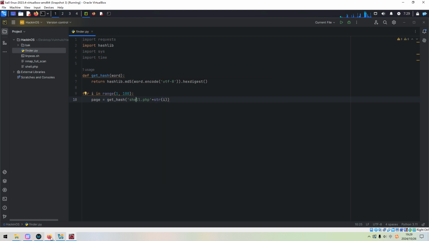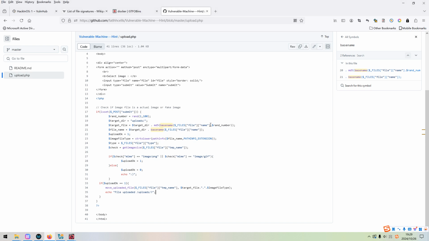So as you can see over here, the original file name will be concatenated to the random number, and then we'll calculate its MD5 hash value.